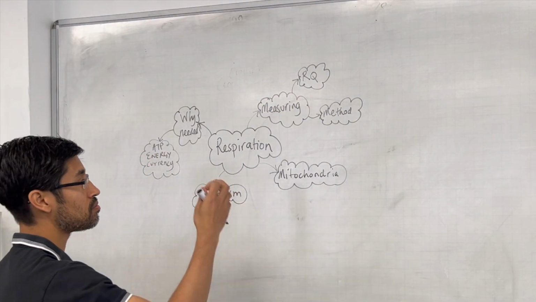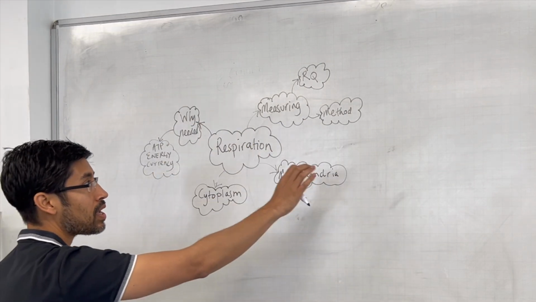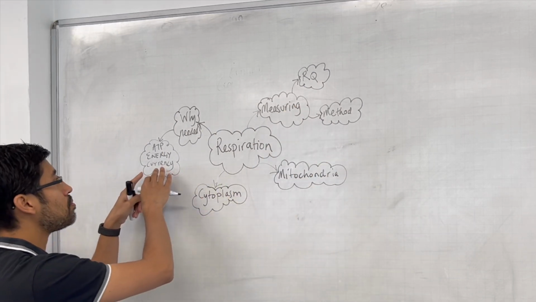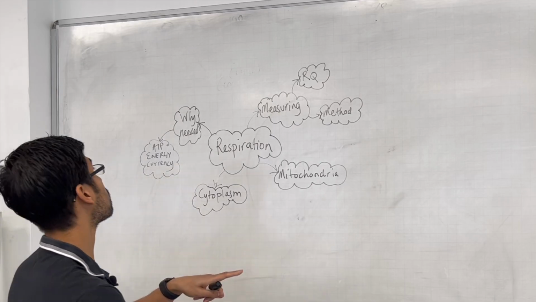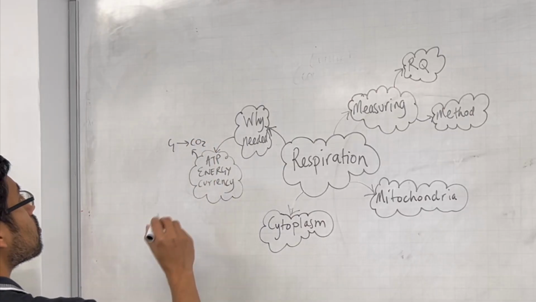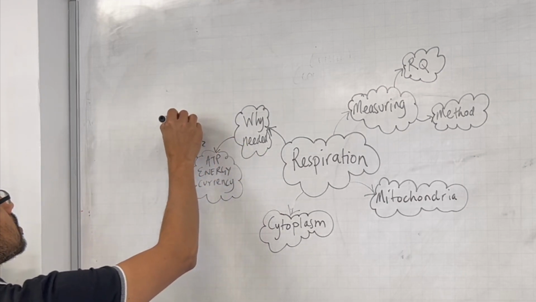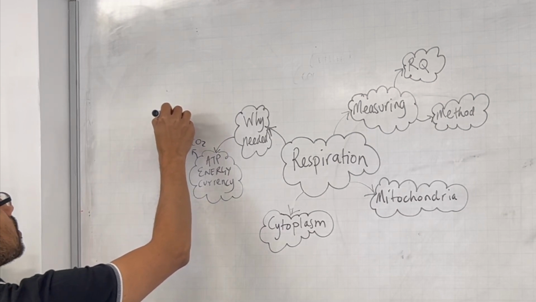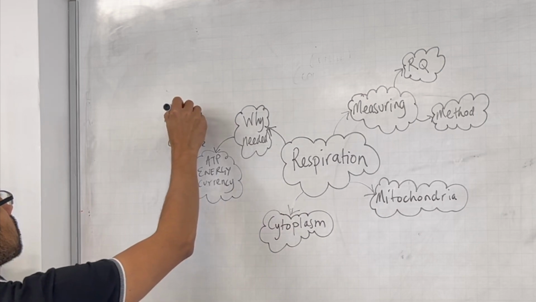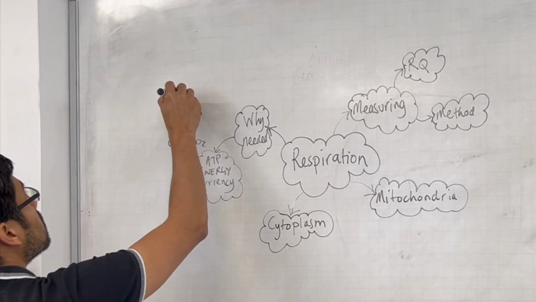So that energy released is stored as ATP, and then whenever there's a process in the cell that needs energy to happen, the ATP is hydrolyzed at that point. So glucose is broken down to CO2, energy is released, and that energy is used to convert ADP into ATP. And then when we go back in that process, energy can be released